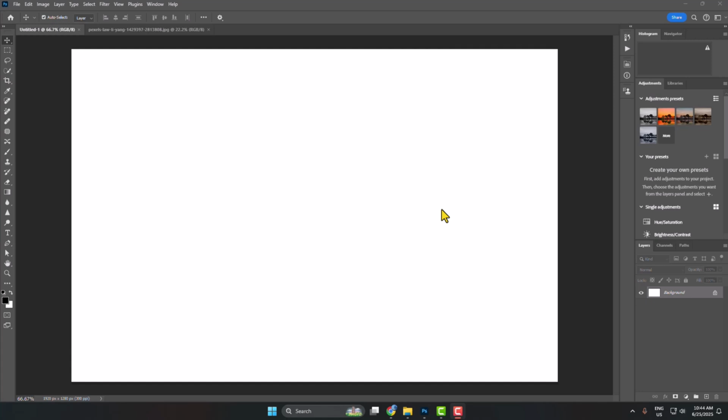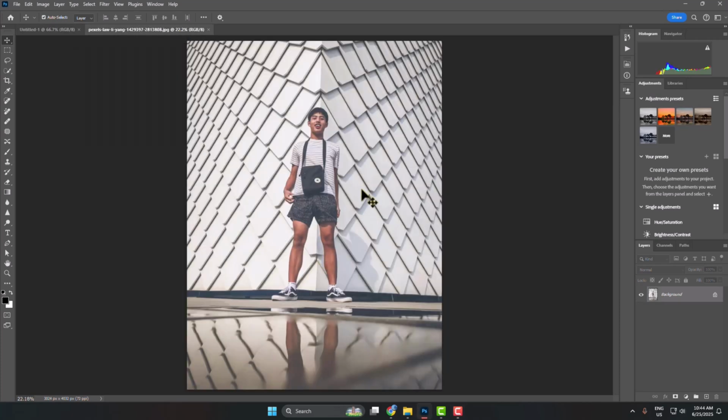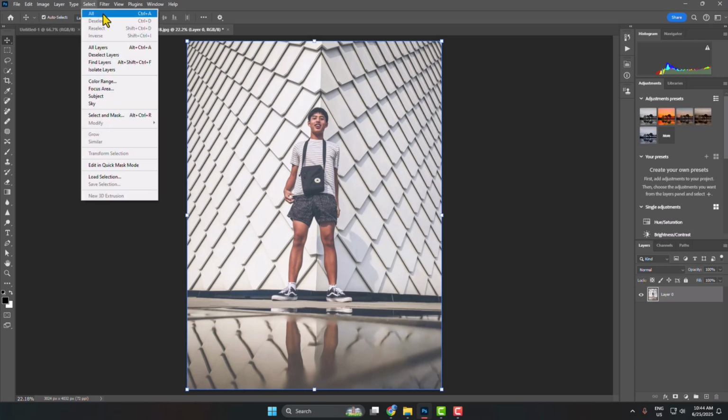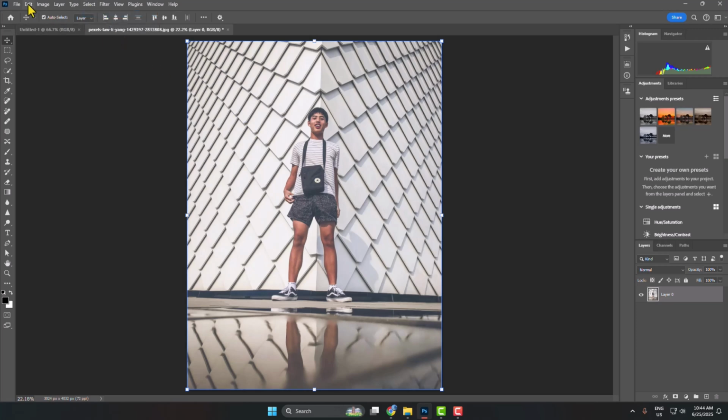Here are a few different ways to copy and paste images in Photoshop. So open your target image and then unlock the image layer. And now to copy and paste the entire image, click on Select, click on All, then go to Edit, click